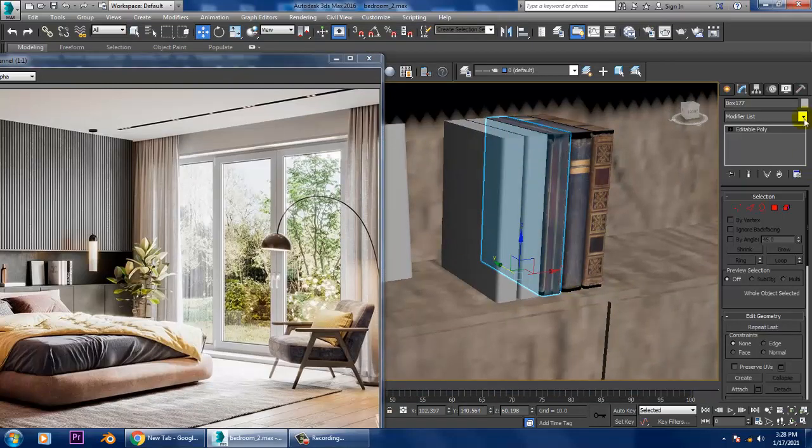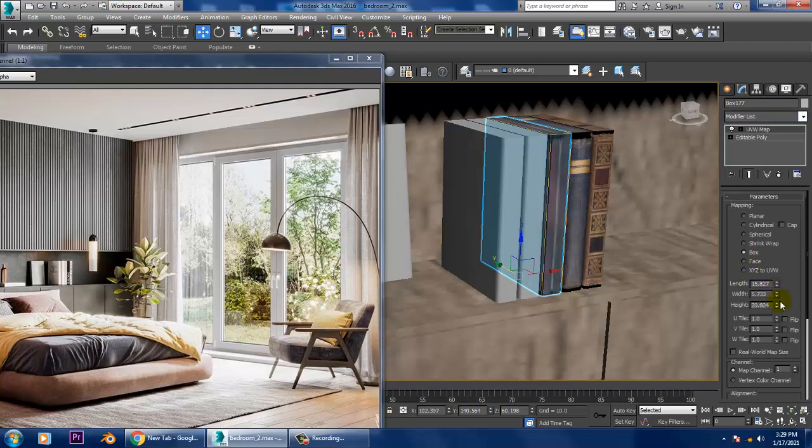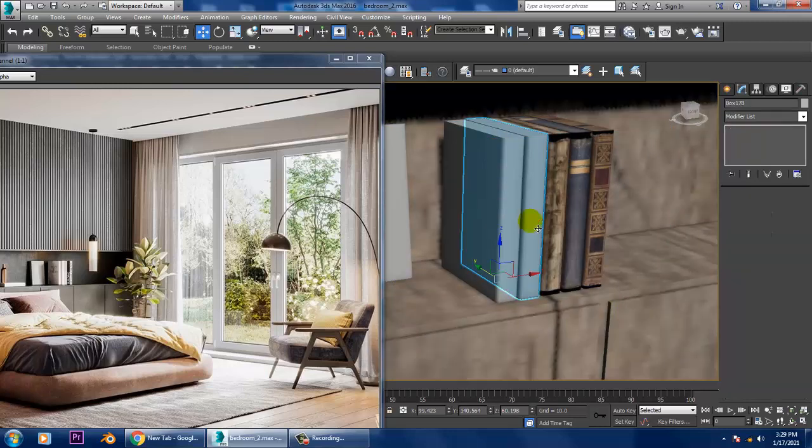So UVW map, box, that's it. Let's convert to poly over here. Let's delete this.